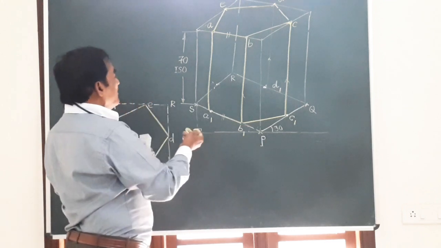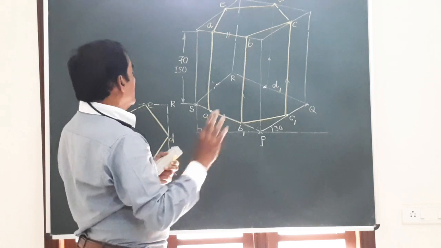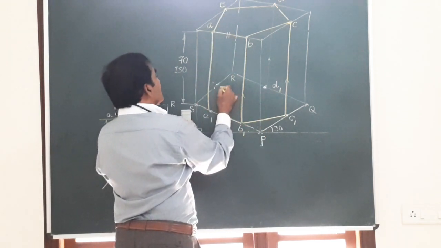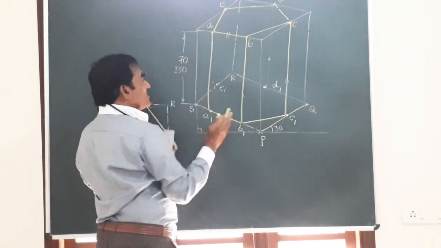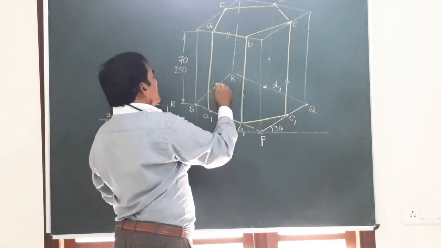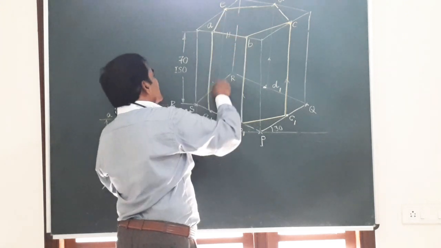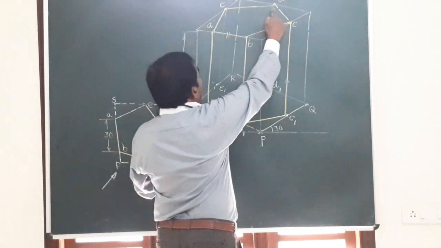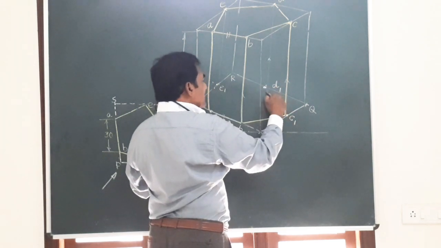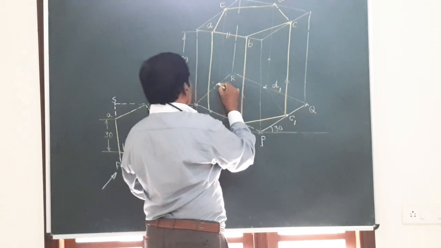Friends, apart from the edges you have marked here, all other edges, like the vertical edge from E, that is EE1, are not visible to the observer in the front view. Hence, we just avoid that, or we can show it for the purpose of construction as a thin construction line. Similarly, the vertical edge DD1 is also not visible. We can draw a thin line. And D1 to C1, you can simply draw a thin line here, thin line here, thin line here.